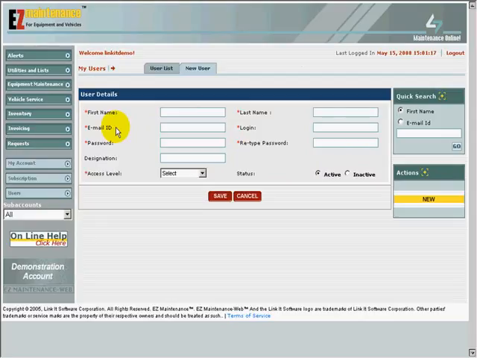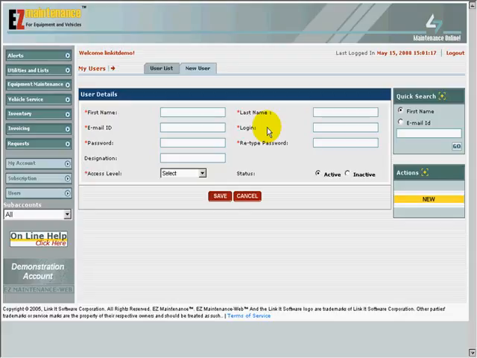You enter into the login field the username with which the user will log into EasyM Web. The login ID that you choose must be unique. You're not guaranteed to be granted any username you choose, since it must be unique and it may already have been taken by another user of EasyM Web. If the username you choose has already been taken, a window will pop up prompting you to choose a different